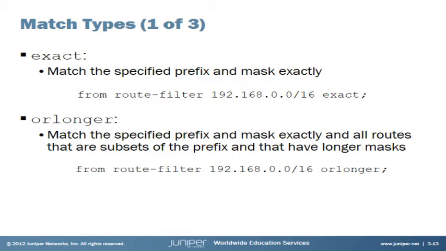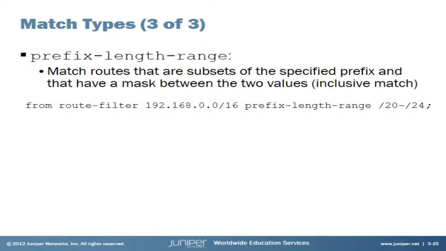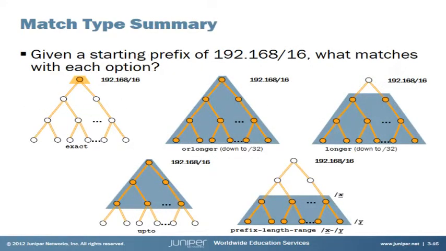So what we're talking about is routing information that's coming through. Longer simply means it has to be longer than /16 and up to. This means it can be from 16 up to 24, so you can have a particular criteria in there. You can also have a prefix length range. If you take a look at how this works, if we say